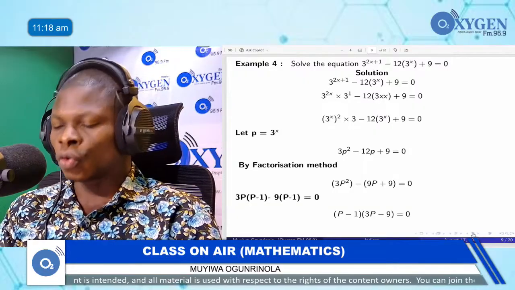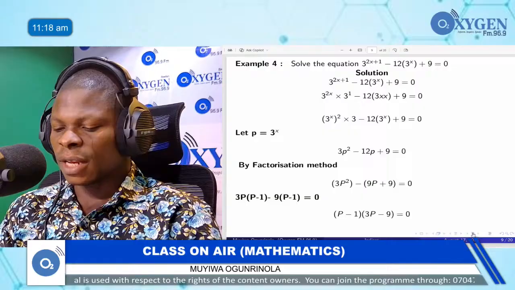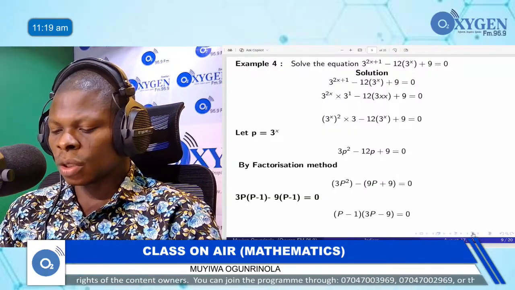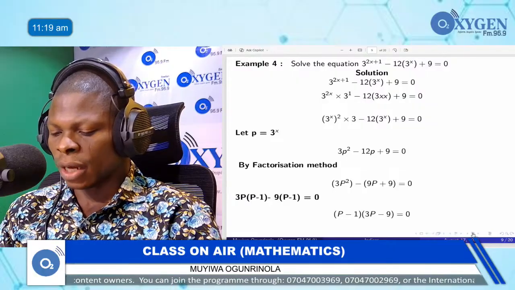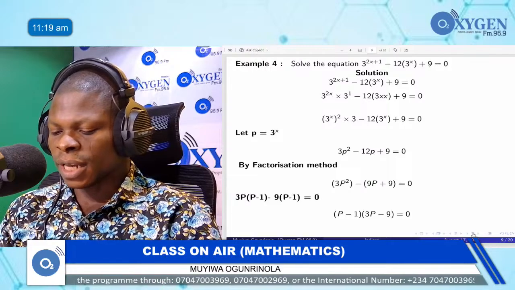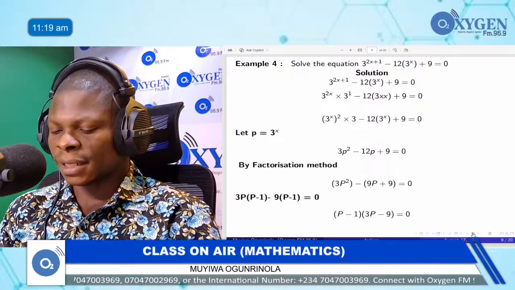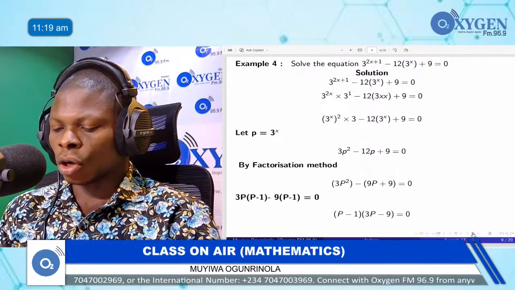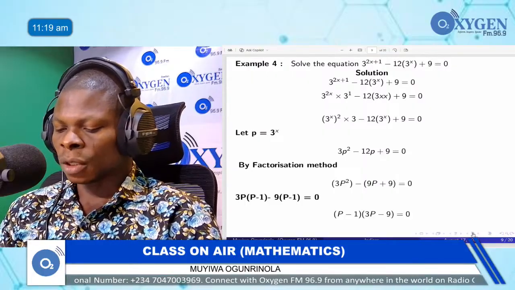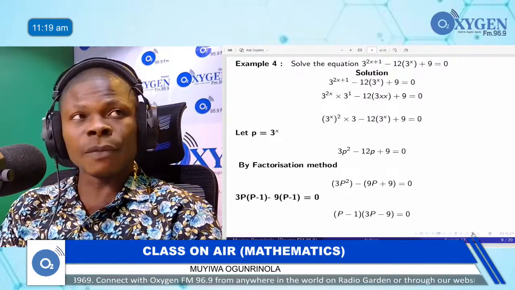Now, example 2 on exponential equation. Given that 3 into bracket 2 raised to power x plus 3 is equal to 384. Now to solve this one, we need to divide both sides by 3. So when you divide both sides by 3,